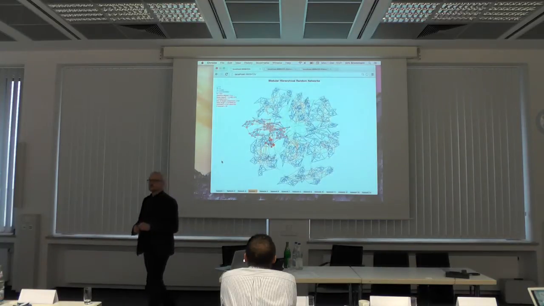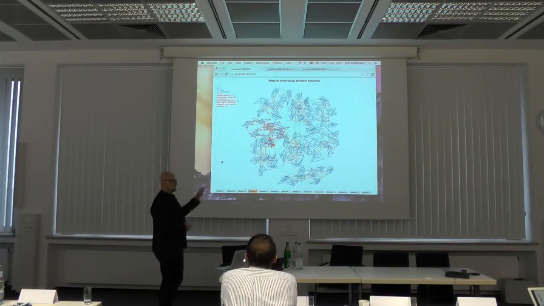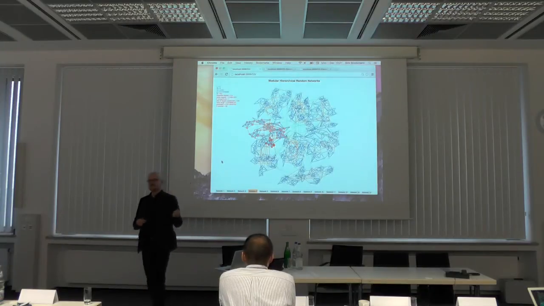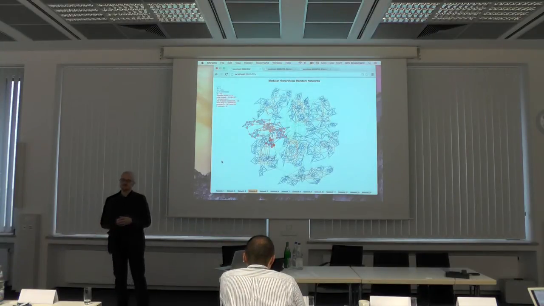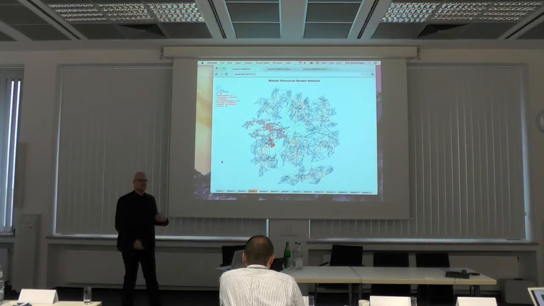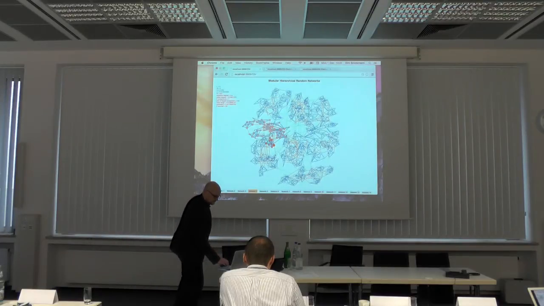Another aspect of this is trying to understand dynamic processes on these networks. So for instance, if this is a network of places and the links is people traveling from A to B, we're trying to understand not only how these processes evolve, but how much of the structure of the network impacts on the dynamics that occurs on the network. So having said that, let me go back to the presentation.